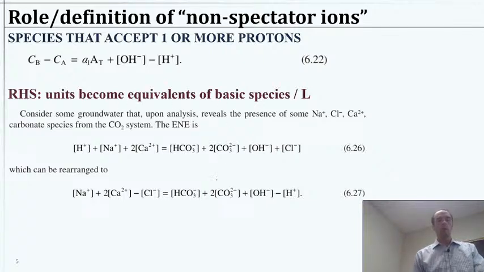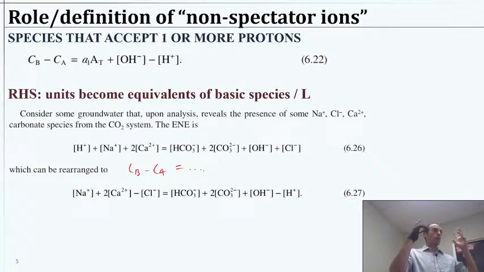So we're going to go from this to the Cb minus Ca equals the other stuff, right? And so doing that, what I'm really saying is that we're going to get the spectator ions on the left, these ones that trace the amount of acid and base that we've added. So in this case, the net strong base is traced by the sodium and this calcium, but see, we have